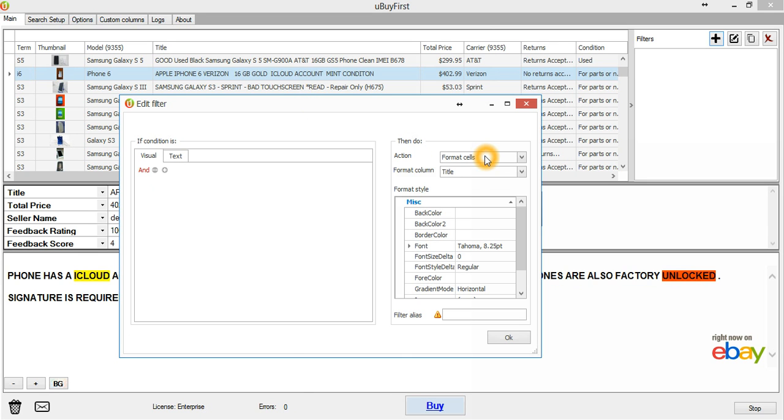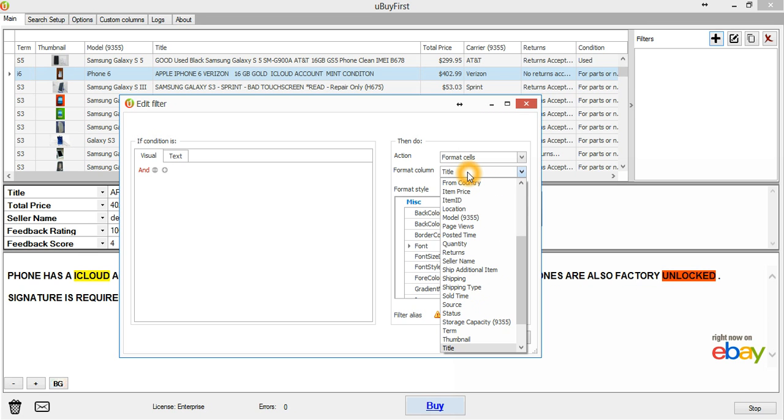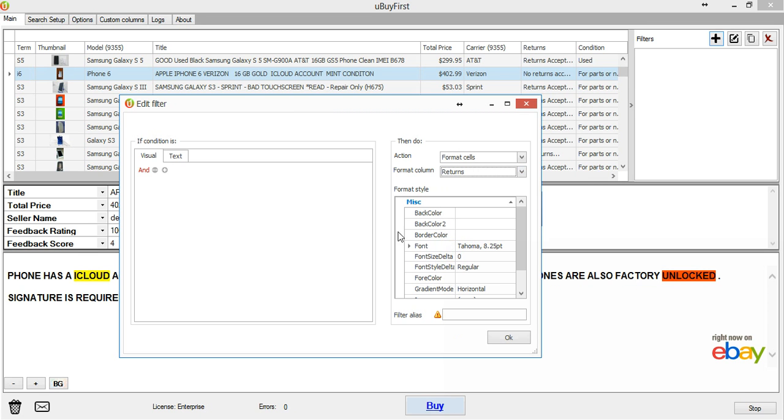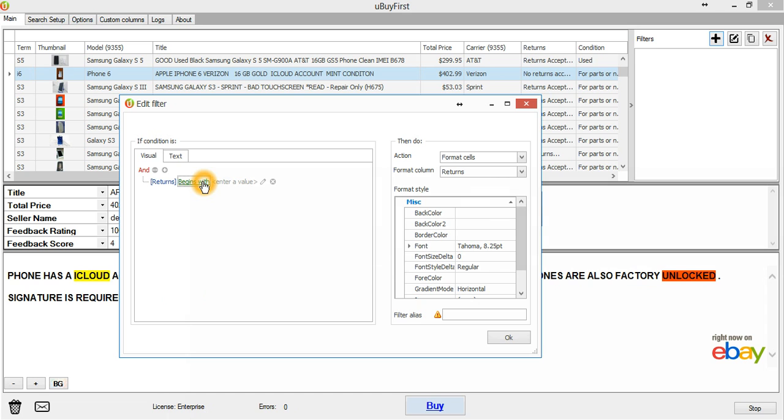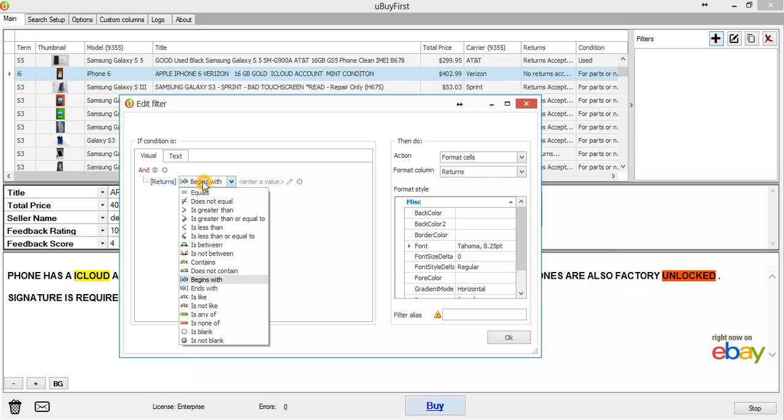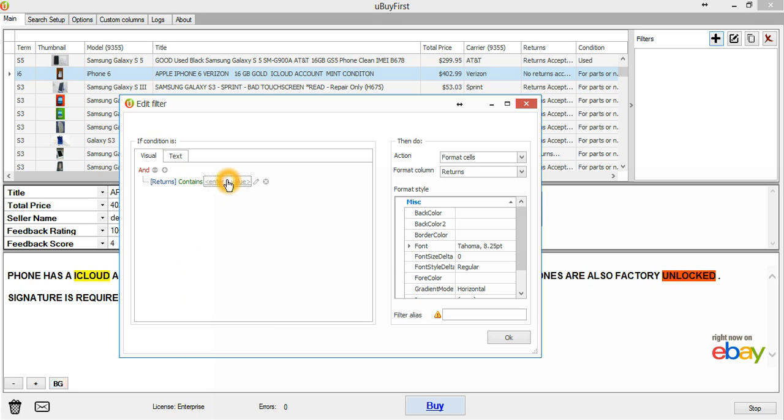So I'm going to come over here and I'm going to click to format the cell, which is just going to be a condition on that one cell for returns, or you could do the entire row if the filter rule is met. And then I'm going to choose the column returns, and I'm going to add my criteria over here. So if returns contains no,